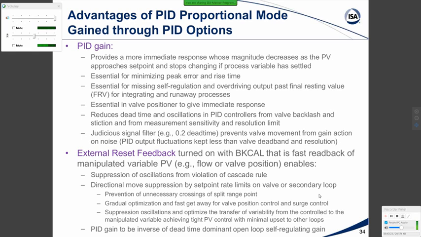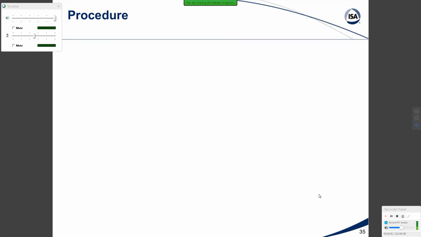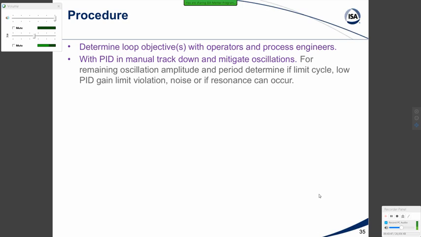And you can even extend it to the case where the PID gain can be as large as the inverse of the dead time, and open up the self-regulating gain, which is incredible if you work through the tuning rules, if you use this external reset feedback. And it leads to this use of the enhanced PID when you have analyzers and you have a lot of dead time from them. So the procedure is: determine loop objectives for the operators and process engineer, and the PID and manual track down, mitigate disturbances,